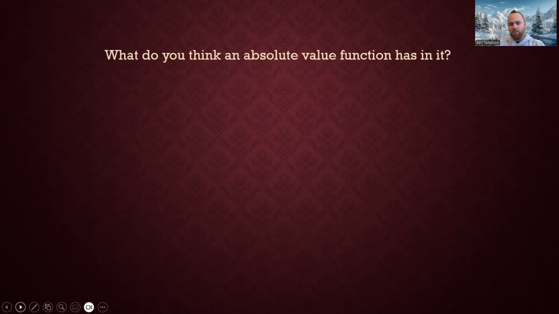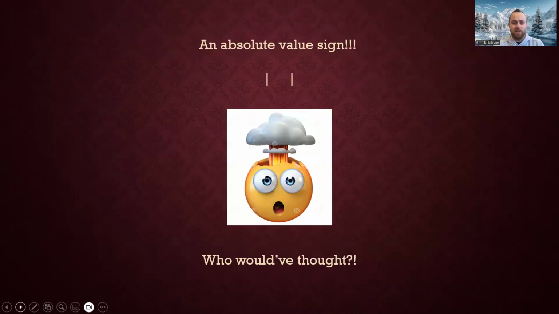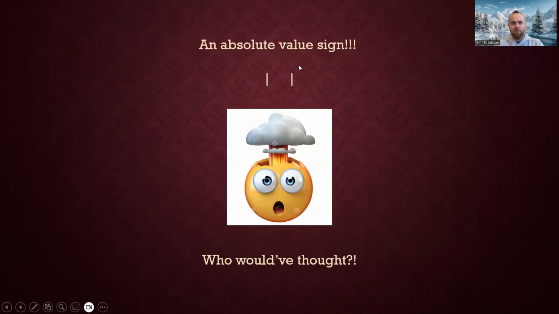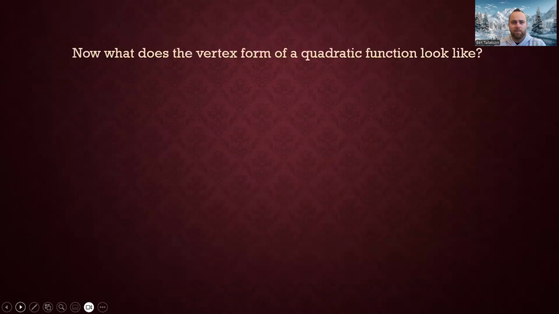So to start us off, what do you think an absolute value function has in it? An absolute value sign, of course. Now keep that in mind. And remember, absolute value signs are these two straight vertical lines with something in the middle, which represents the distance away from zero. So keep that in mind and